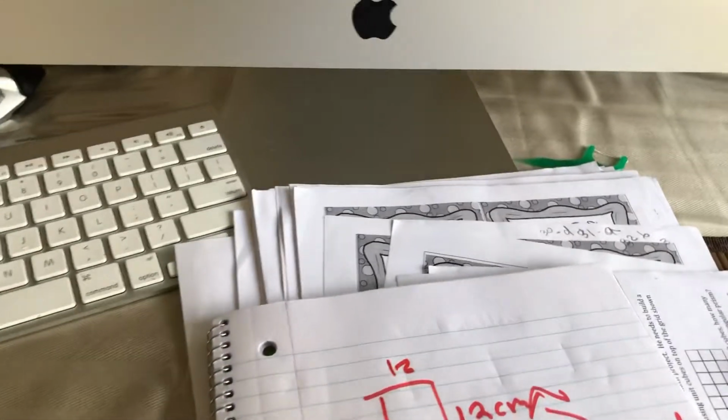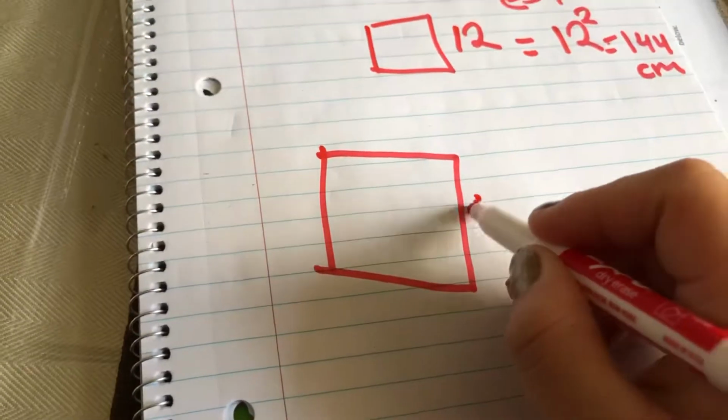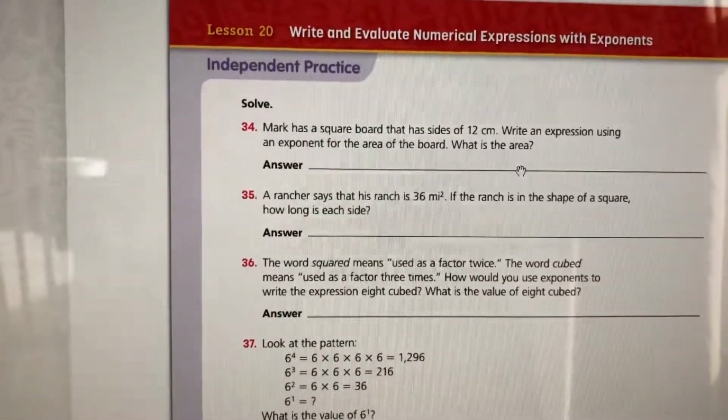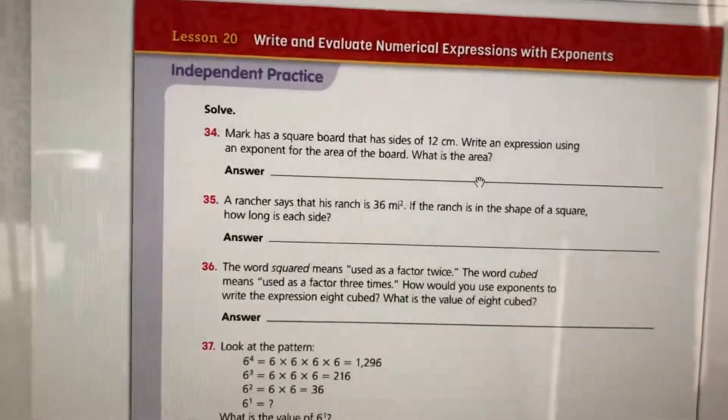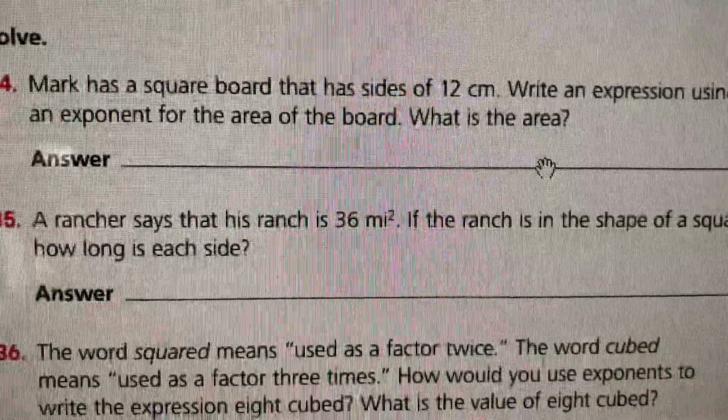So now here they're giving you the answer, the total. They're not telling you that this side is 36. They're not saying that the side is 36. They're telling you his ranch is the size. Rancher says that his ranch is 36 miles